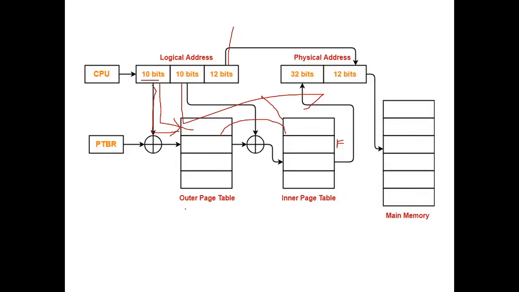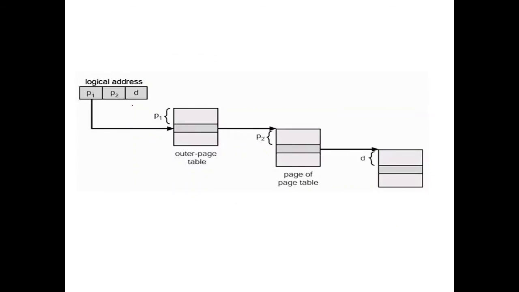In the outer page table, basic information related to that page will be stored, and it holds only a very small memory size, and then it will give the details about the inner page, and you can find out the frame address, and it will be added with the instruction number, that is the offset, and you will get the physical address. You can also see in this diagram, the page number gives the address of the outer page table, and then this will give the address of the inner page table, and then it will be added with the frame number and the physical address will be generated.